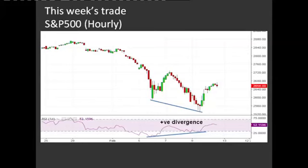to the downside, you're starting to see these reversals on the hourly candles. You've got positive divergence evident on the RSI over there. There you can see the reversals that I'm referring to. It did, over a sort of 3 to 4 hour period, begin to emerge that some stability was definitely evident at that 200-day moving average on the S&P 500, and that we were likely to see a bounce from that